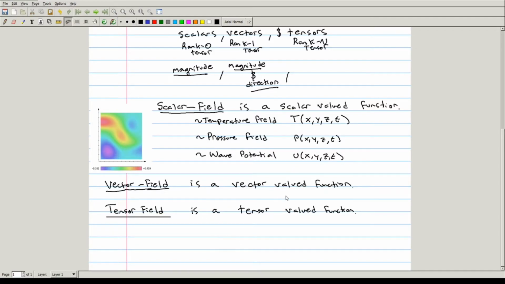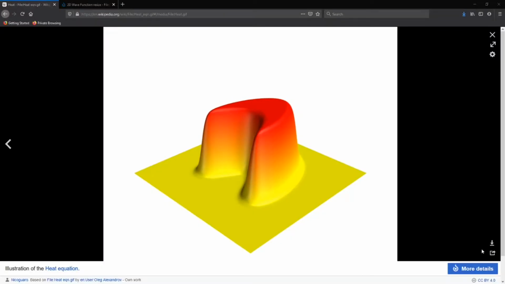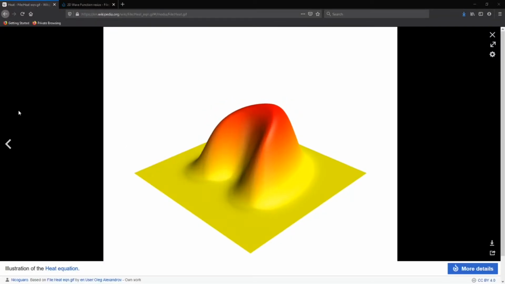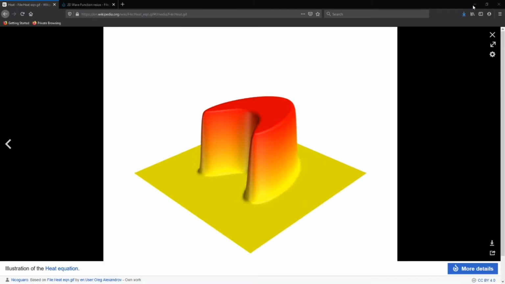For other examples, like the wave potential and the temperature field, they can depend on time. So let's look at how that could potentially happen. Right? If you heat up a metal plate in the middle of the metal plate in a certain pattern, as time goes on, that heat and the temperature is going to flow throughout the plate. So this is an example of the solution to the heat equation over a certain time period, and you see that initially,